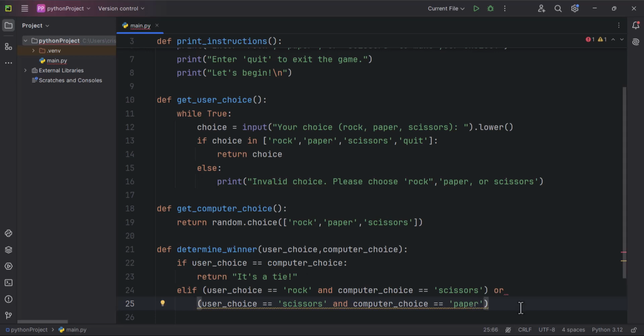And here I should put a backslash to go to the next line. Alright, so we put this here because this is a line continuation character, and it allows you to split a single line of code into multiple lines for better readability without breaking the code. So this is what that is doing. So I'm gonna put here or